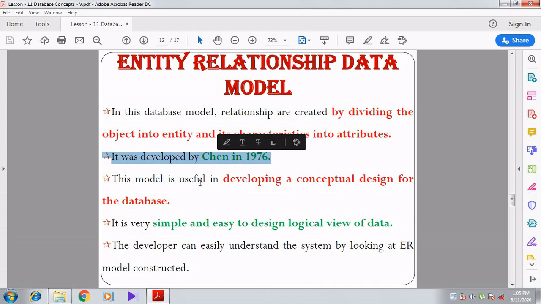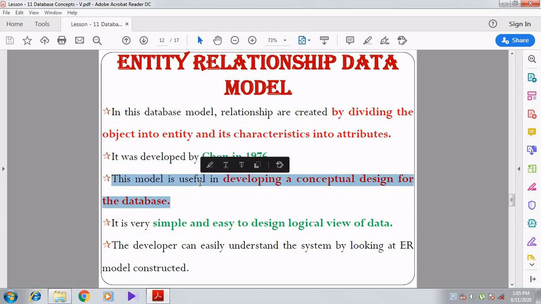This model is useful in developing a conceptual design for the database. Conceptual design means we are going to see how the database will be. It is the earliest phase of the software.